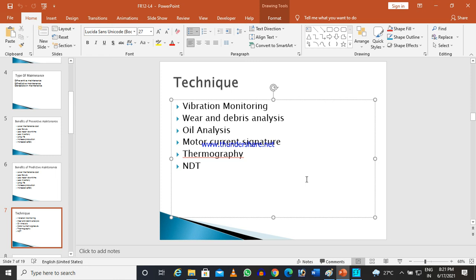FFT is basically an algorithm of the discrete Fourier transform to convert time domain data to frequency domain data. All these things we will be learning in the subsequent lectures or classes in this course. Then the wear and debris analysis. From the oil chamber bottom there will be tapping. If you collect a sample, you can see how much metallic magnetic components are there,